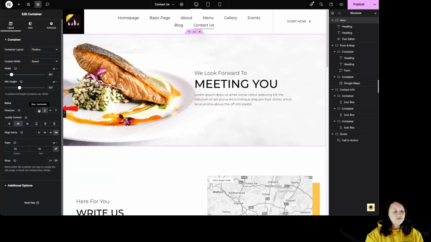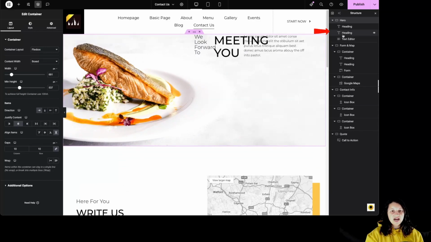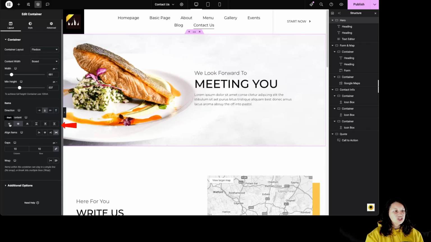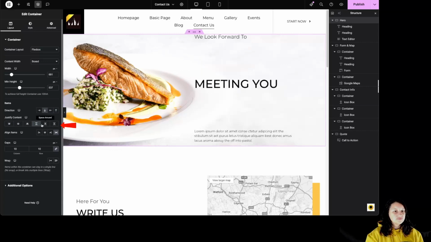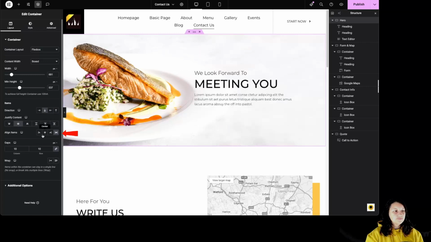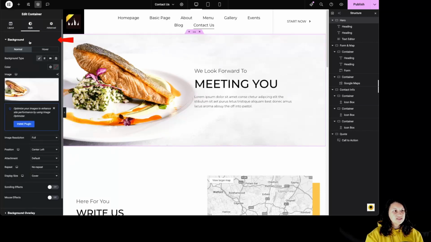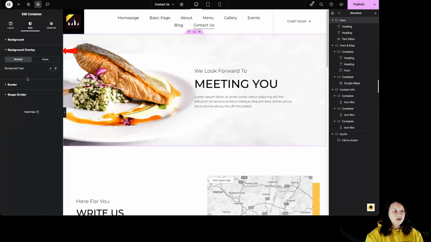The direction of the items. The items are those two heading widgets and this text editor, like so. We can justify the content, like so. Align the items, like so. And the gap between the items, like so. By going to style, we have options for the background over here, options for background overlay, for border,